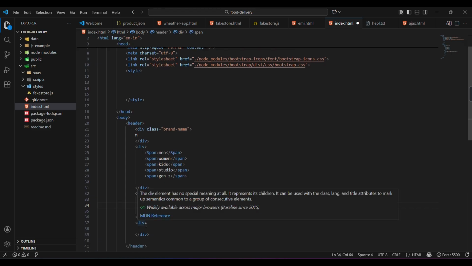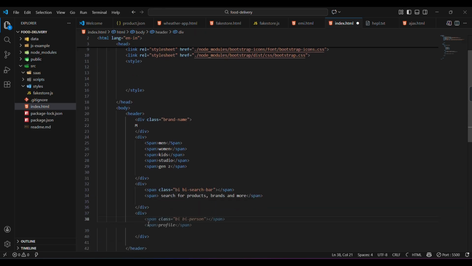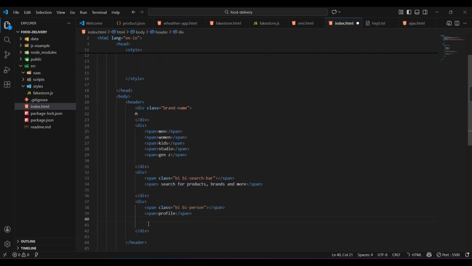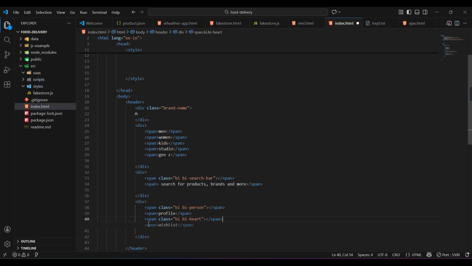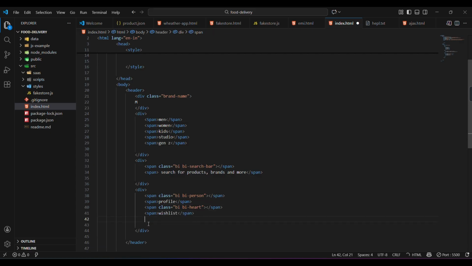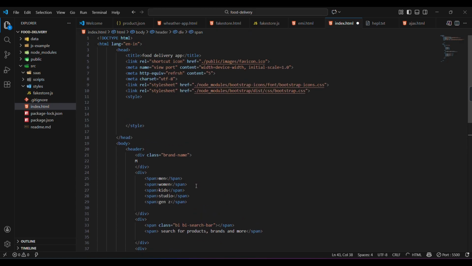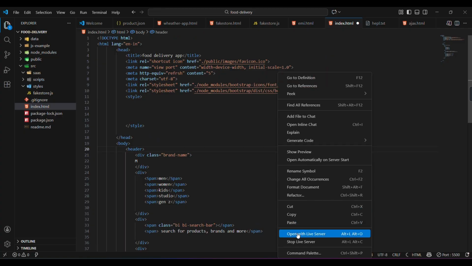In the last span we have the icons. In the first icon we have the person and profile. In the other span we have heart and wish list. In the third one we have the cart. This is how this is divided. Now just have a look how it's going to display